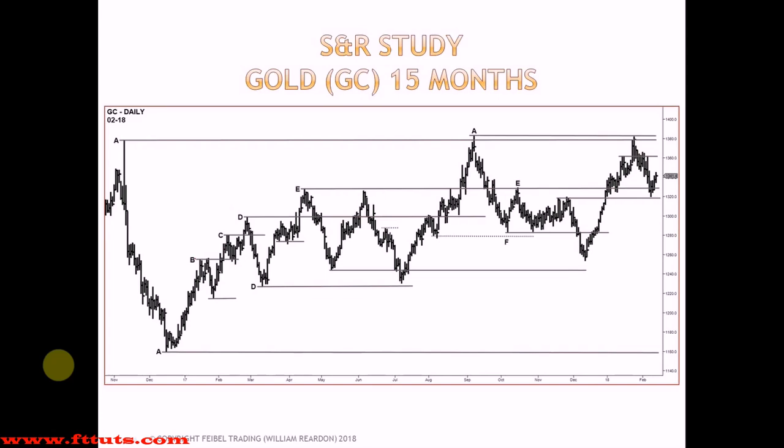But the point being is this resistance, as we drove through, we came back down and it turned into support. This is where we have a trade location. From the spring here, we push up through C to D. Now, as we react from D and drive back through C, so as we come under C, then I would draw